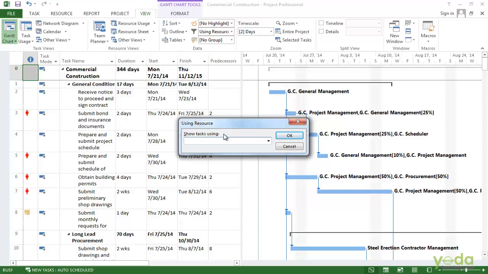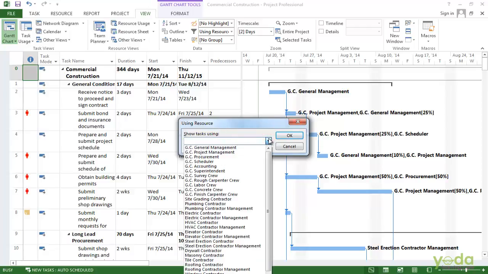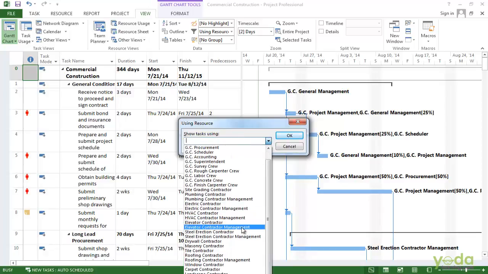So I'm going to click that. Sure enough, there is a box that appears and it says show tasks using. So I can click the down arrow here, and in this case I want to filter by, say for example, the tile contractor.